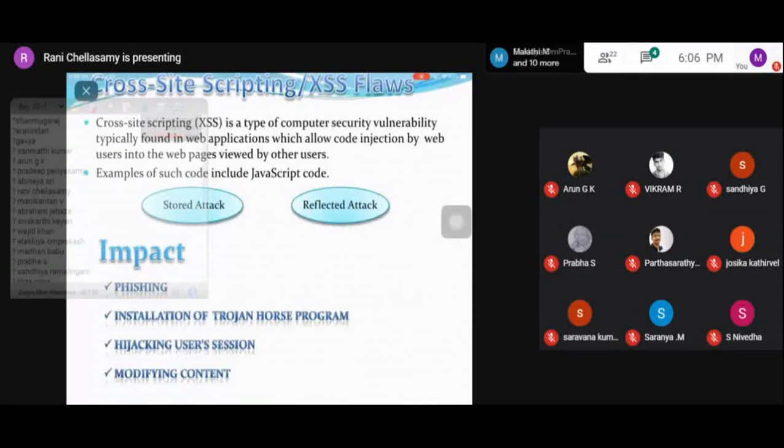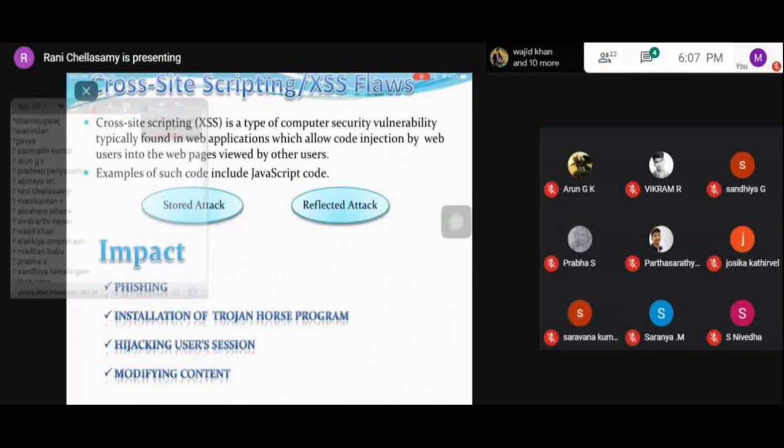When this code along with the original web page gets displayed in the browser, such as Internet Explorer or Mozilla Firefox, it allows the hackers to gain the personal information provided by the users of the web browsers. So with cross-site scripting, the hackers get access to the web page.